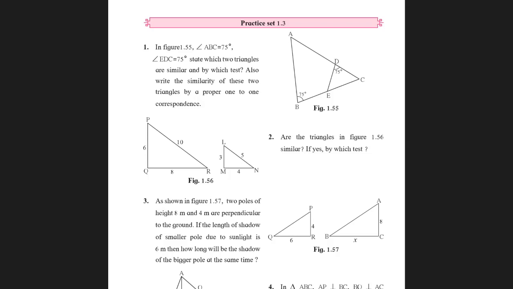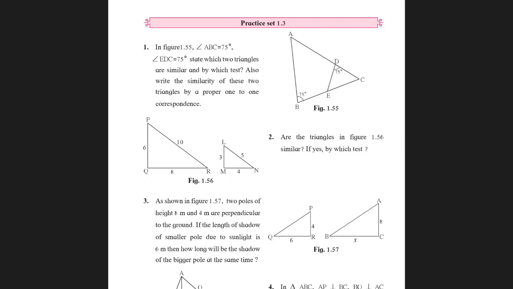What it means is, now let's consider these two triangles, BCA, and you have DCE. These are the two triangles which are there. Now you have to find out whether these two triangles are similar. Now, first of all, angle ABC is congruent to angle CDE because both of them are 75 degrees. So that's one set of angles which are congruent to each other. Can you find out another set of angles which are congruent in both these triangles?